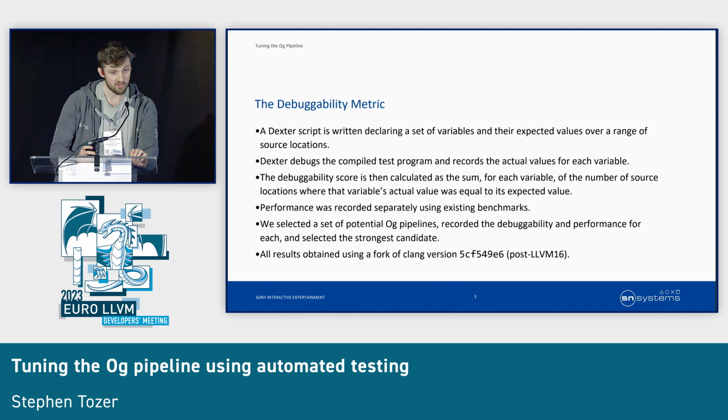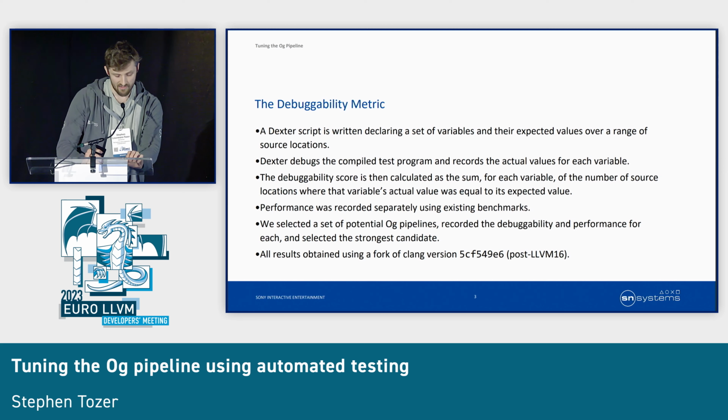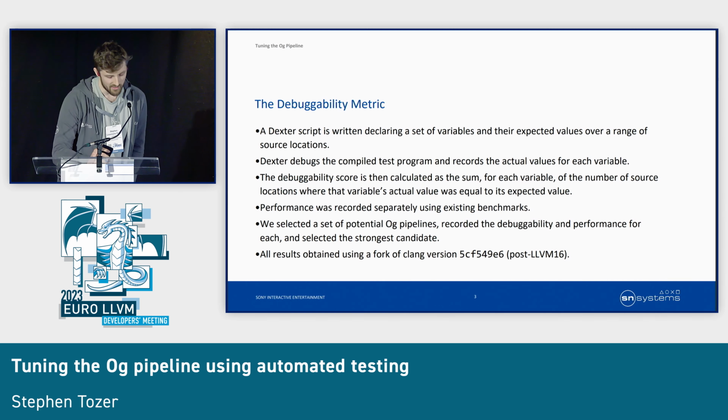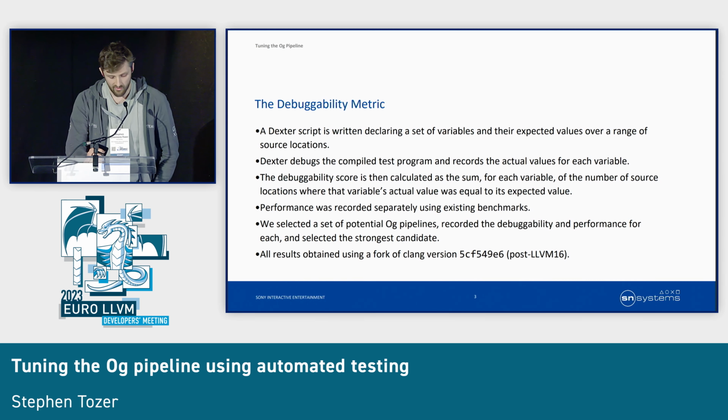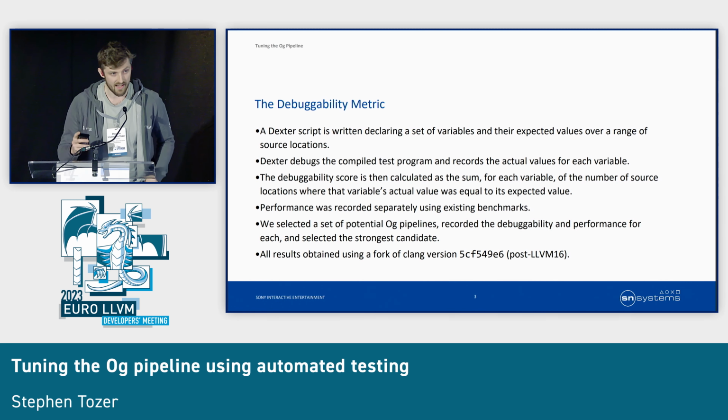From these recordings, we produce a debuggability score equal to the sum, for all variables, of steps where that variable's value was correct. Debuggability is only one half of the equation, though, as it is a trade-off against performance, which we measured for each pipeline using an already existing benchmark. With these metrics, we tested a set of candidate OG optimization pipelines to see what effect they had on debuggability